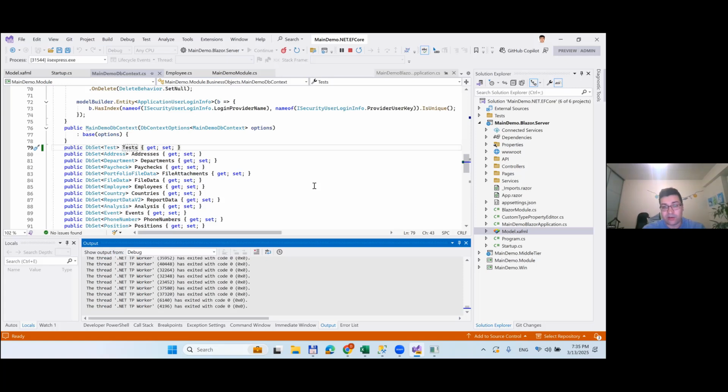For this, you can use the aforementioned XPO capabilities. You can create a custom unit of work. You can control update statements, read statements, and also you can plug it in using a custom object space provider, and